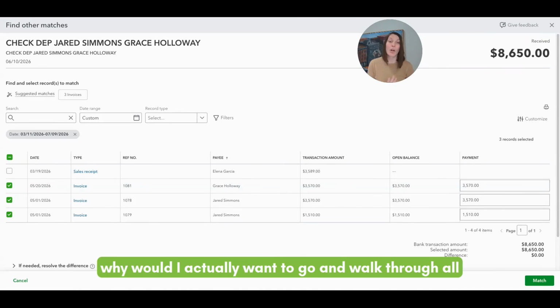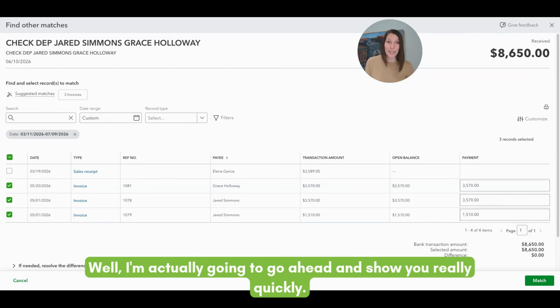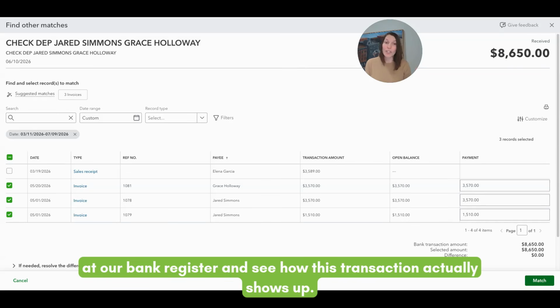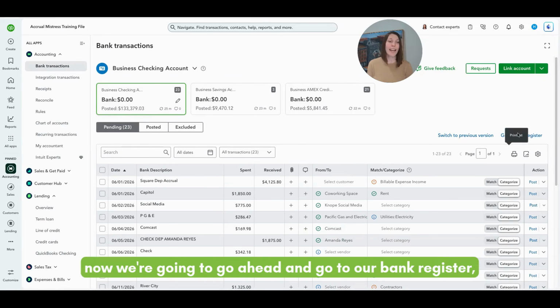Now, you might be asking, why would I actually want to go and walk through all of those extra steps to get to this exact place that we got to in a matter of a couple of clicks? Well, I'm actually going to go ahead and show you really quickly. If I hit match right here, let's go ahead and look at our bank register and see how this transaction actually shows up. So I'll hit match. And now we're going to go ahead and go to our bank register,